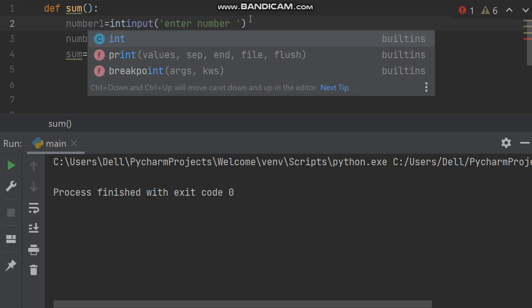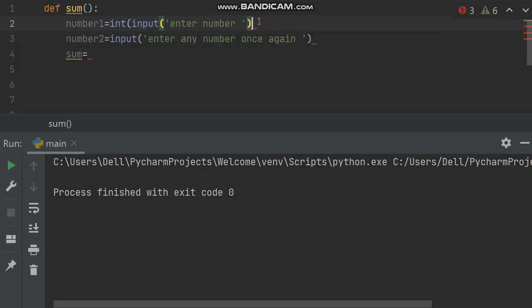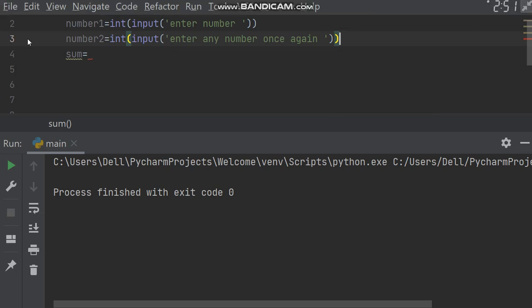So just convert it to integer by type conversion, int. Whatever comes in as a string will be converted to integer. Similarly, you can convert this also to integer. So number 1 and number 2 are now integers.